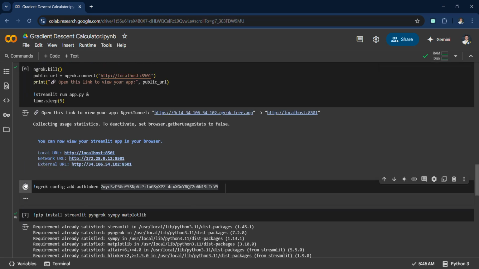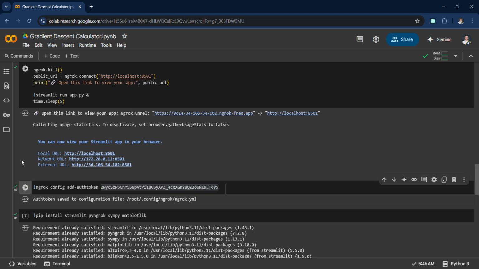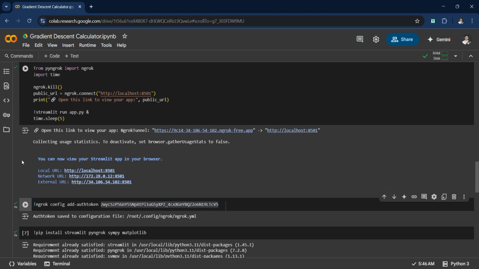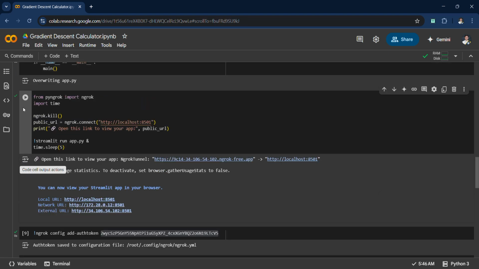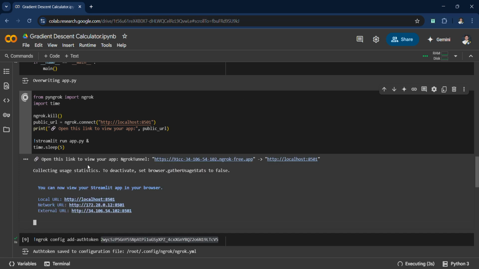So we must run this first, so that our auth token is set. After that, we will run this code, the import. After executing this, you will see the output here.